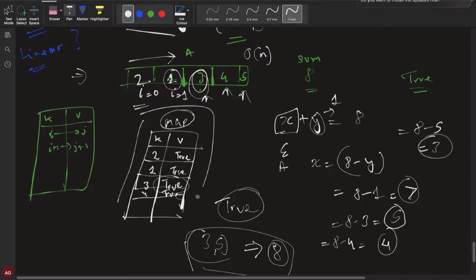but there will be a space complexity also with the map, because we are storing the result, we are using the space. So with such optimization, the time complexity has been optimized, but space complexity has been increased. And the space complexity was constant in the previous two approaches, the naive or the brute force approach, and the sorting approach. So we can say we have optimized the algorithm, but also we have increased the space complexity.